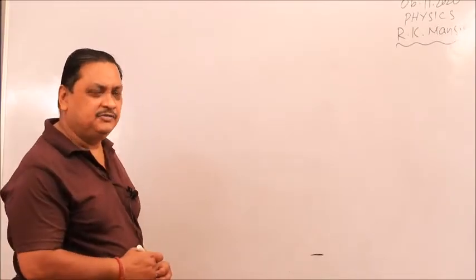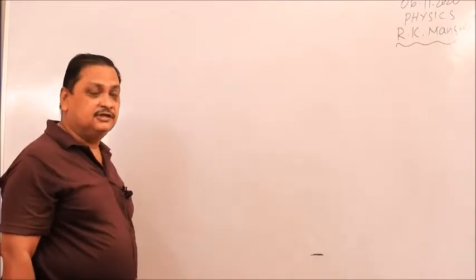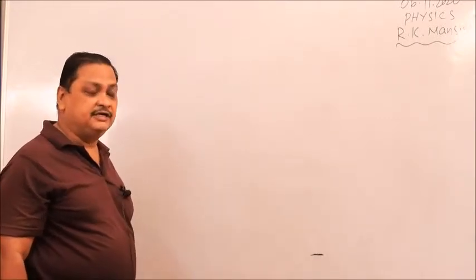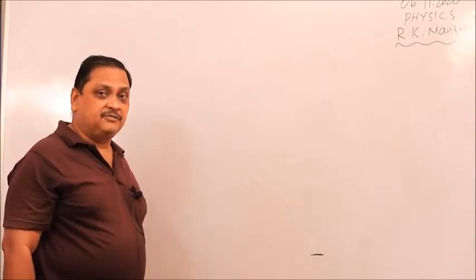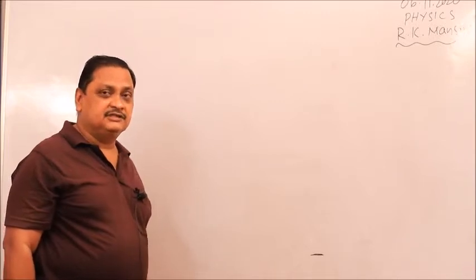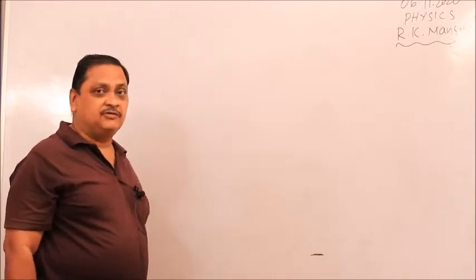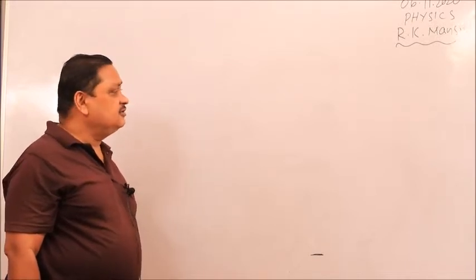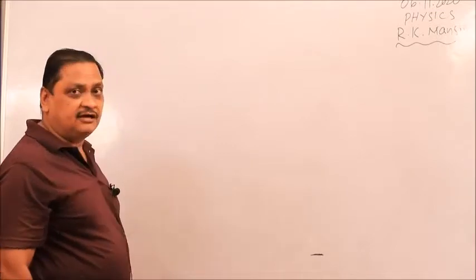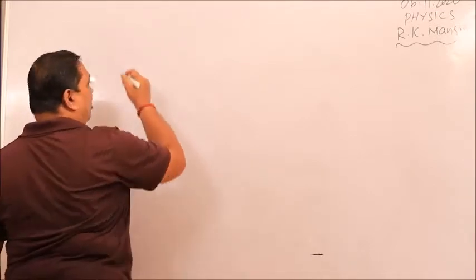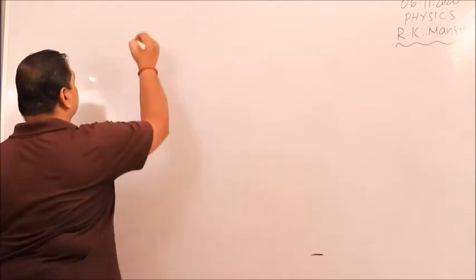Good morning to everybody. Last class we have already discussed the product of vectors, which is of two types, scalar product and vector product, also known as dot product and cross product. We have already discussed the dot product and its properties, and there is another last property: how we will find the angle between two vectors using dot product.